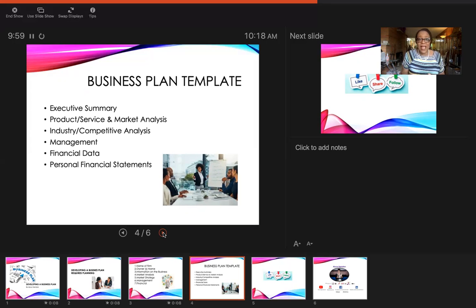In your market analysis, as I shared previously, you want to be able to identify who else is in the industry and doing what you want to do, and do they do it poorly, or do they do it exceptionally well? So where will you fit? And what is the gap that's not being met in that particular industry?